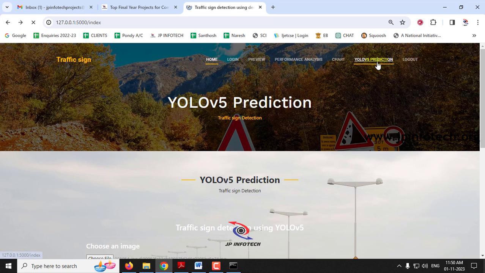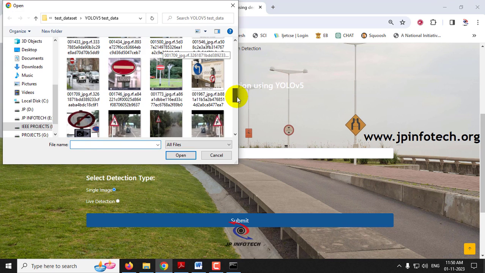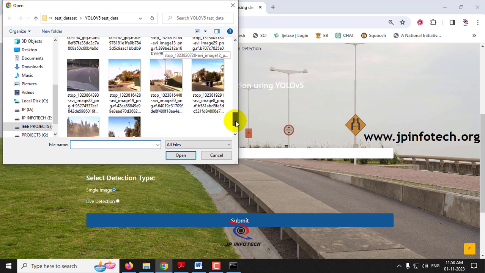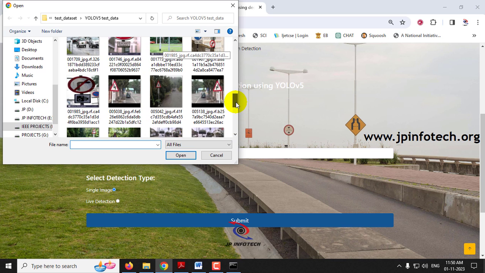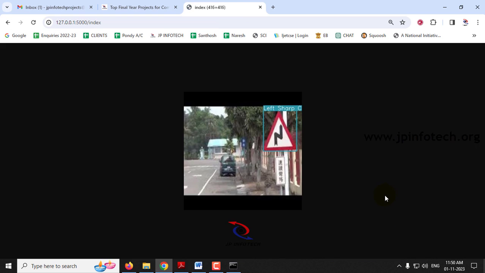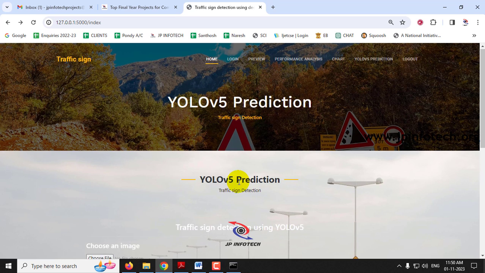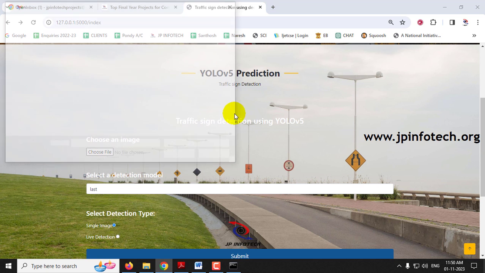And now let me click the YOLO prediction part, and select another image and then click submit. Now you can see it is marking the traffic sign, and it is showing the left sharp curve traffic sign. So in this way you can check with the other images.